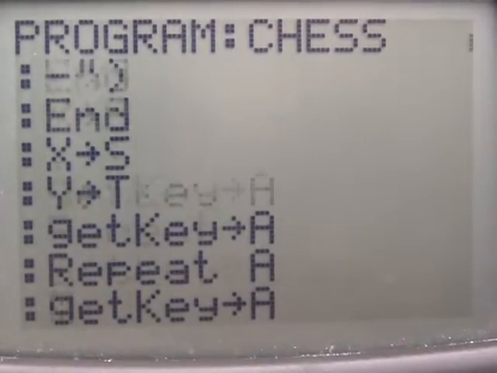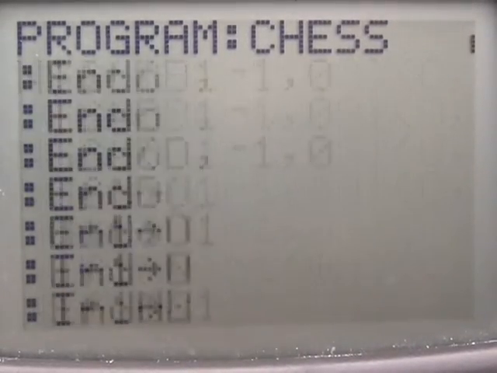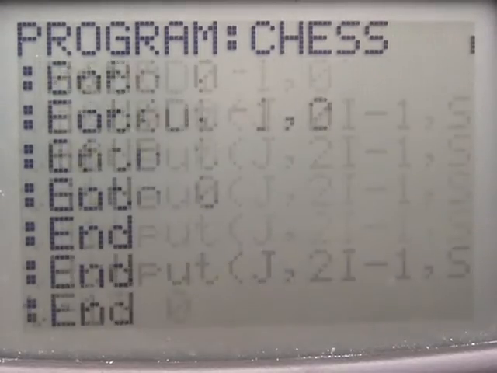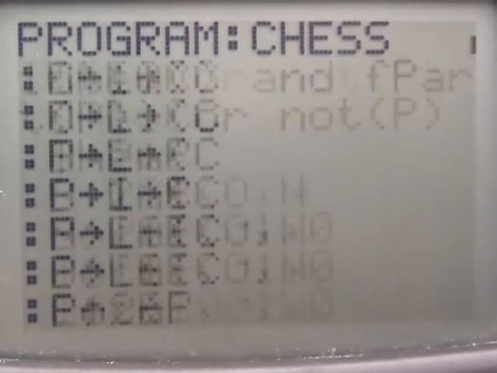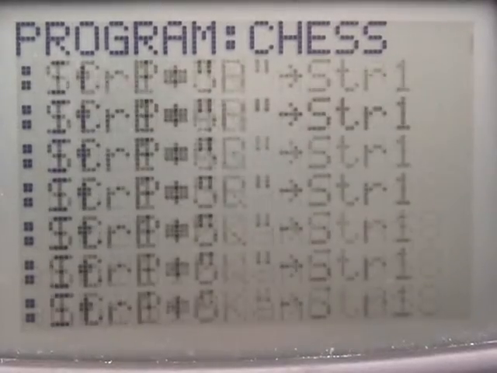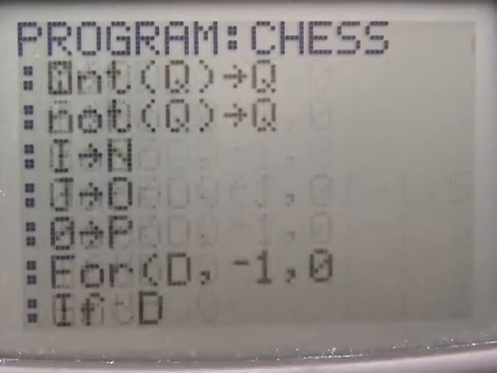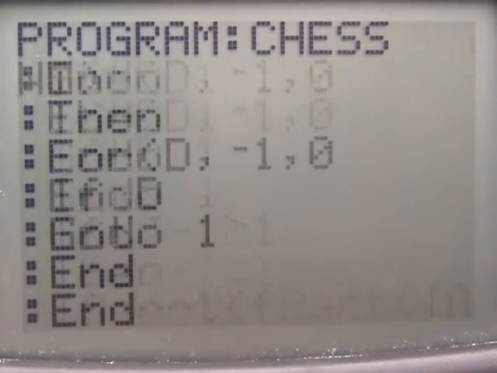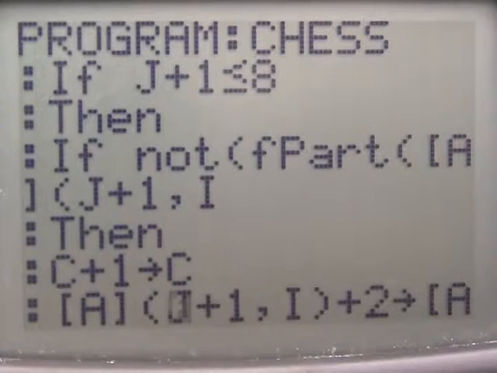Okay, so the problem is in our a equals 21 branch. Where's our a equals 21 branch? Where is it? Nope, that's the subroutine. Is this it? I think this is it. Yeah, okay, so if j plus 1 is less than or equal to 8,